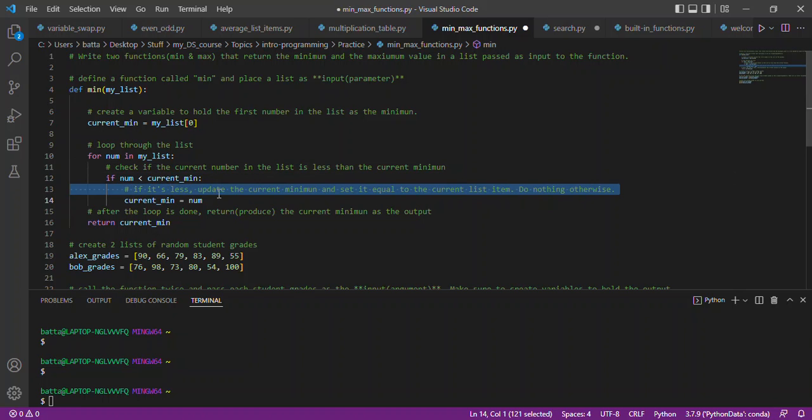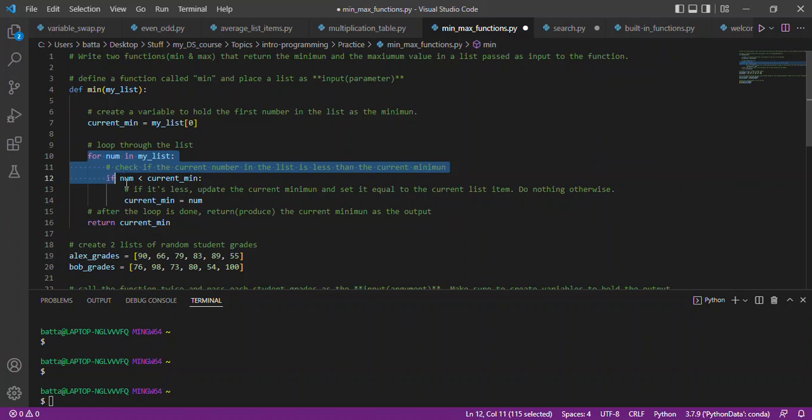If it's less, update the current minimum and set it equal to the current list item. Otherwise, we will do nothing and we leave the current minimum as is. All right, so if this was true, then this will be executed. Otherwise, this will not be executed because the condition here was false. Okay, now the for loop will continue until it gets to the end of the list we are searching the minimum for, right? After the loop is over,